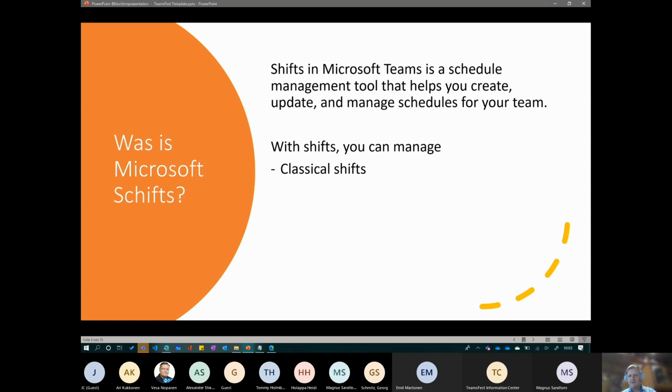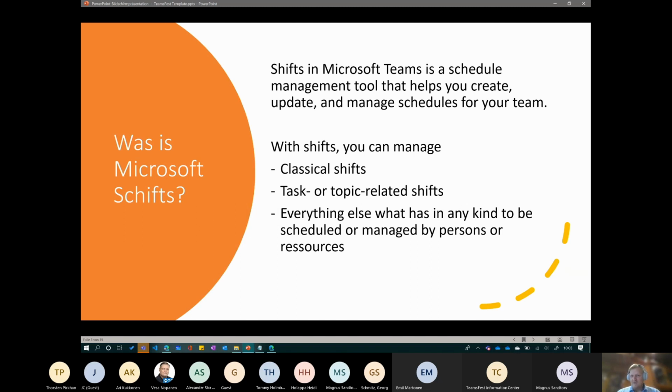This is very easy, you can do this with Microsoft Shifts, but I think if you think a little bit around the corner, you can use Microsoft Shifts for other aspects, like everything that has to do with task or topic related things where you have to assign people or staff to tasks or topics. You can also use Microsoft Shifts for everything else that has in any kind to be scheduled or managed by